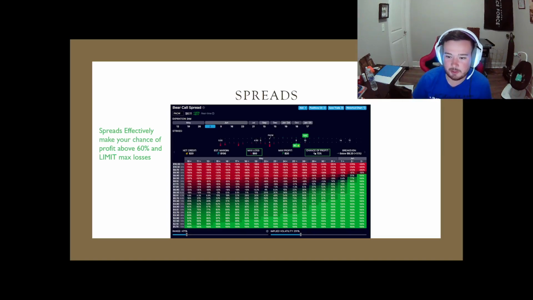My chance of profit on this trade, however, is now 72%, and my risk, or my max loss, is now mitigated. This is why we like to trade spreads. Also, the amount of money that I need to make this trade is only $100, which is your estimated margin over here. So if we break this down,